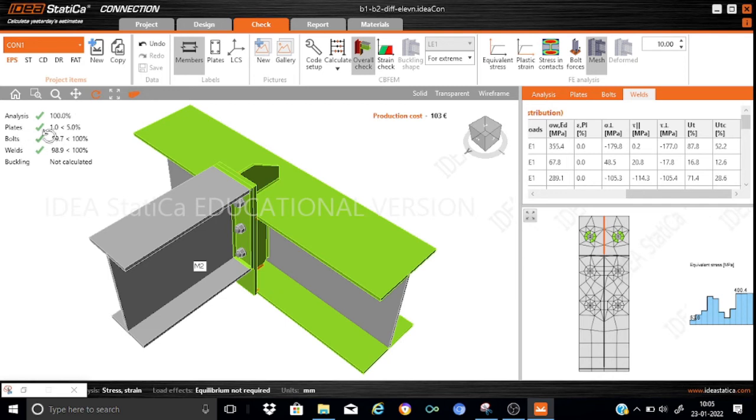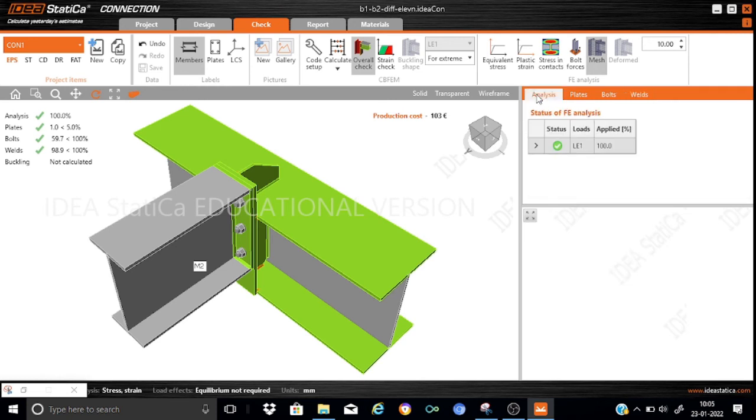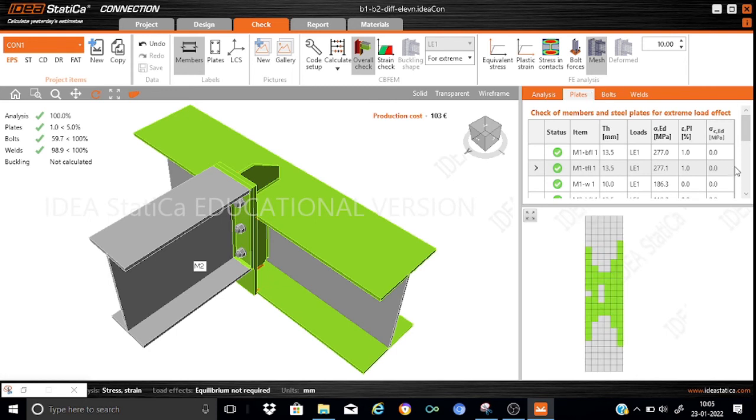As you can see, the plates are having a strain level of 1%, that is less than 5%. For the bolts, the utility ratio is 60%, that is acceptable, and for the welds it has gone up to 99. So let us quickly go through the summary of the analysis results. It is 100%, and let us see regarding the plates. Regarding the strain levels, we find that here we have got